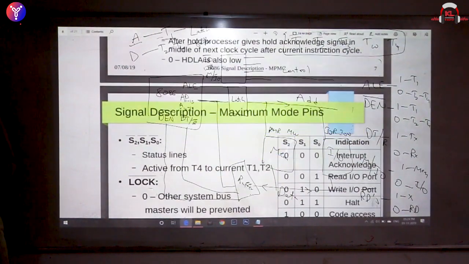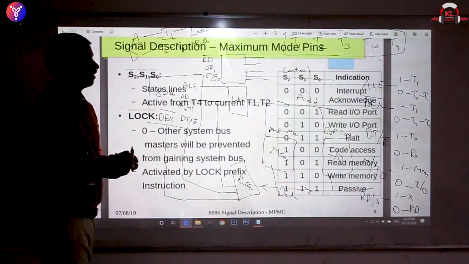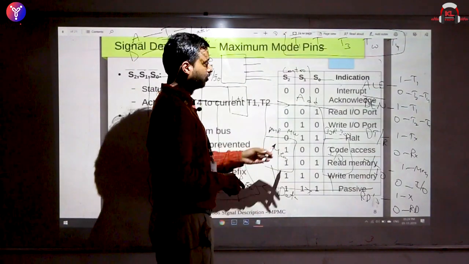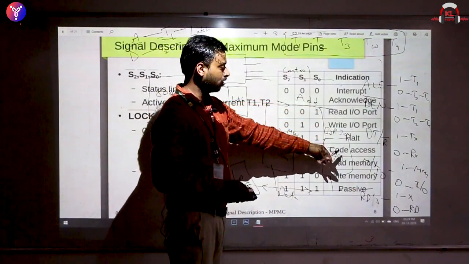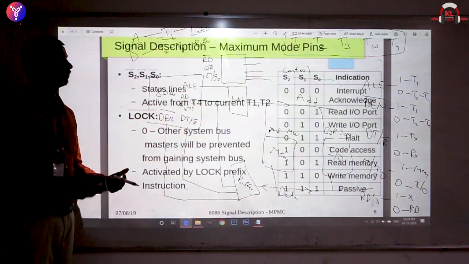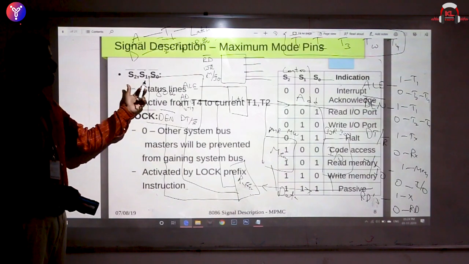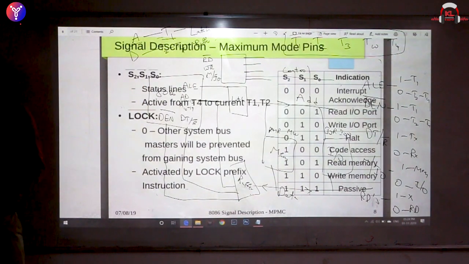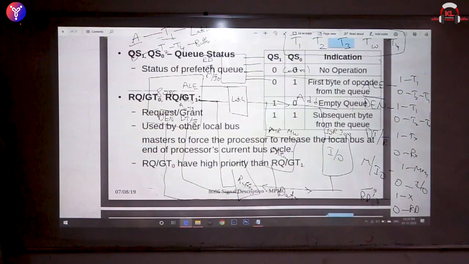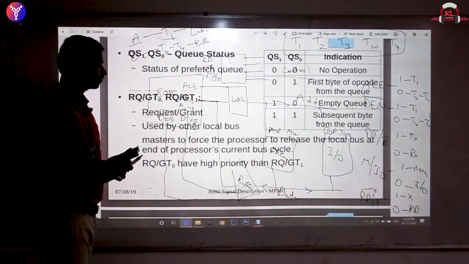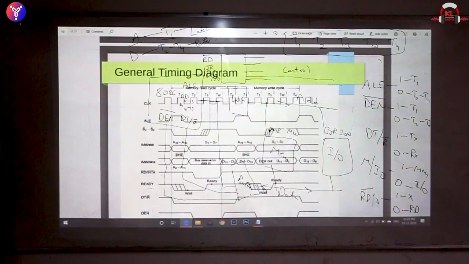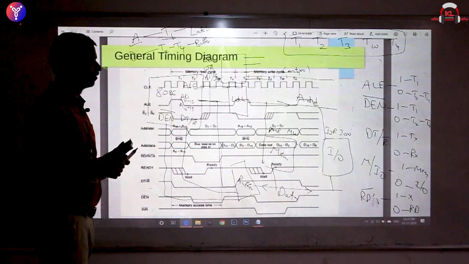Coming to the maximum mode pins, the same operations are handled by something else called S0, S1 and S2. So we have interrupt acknowledge, read IO, write IO, read memory and write memory. All the signals are reiterated by S0, S1 and S2 bar. And lock is where someone can't request a bus. Whenever the bus is busy, I can put a lock on it. Queue status will define the status of the queue,